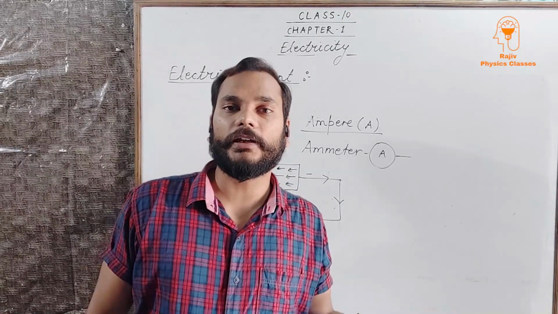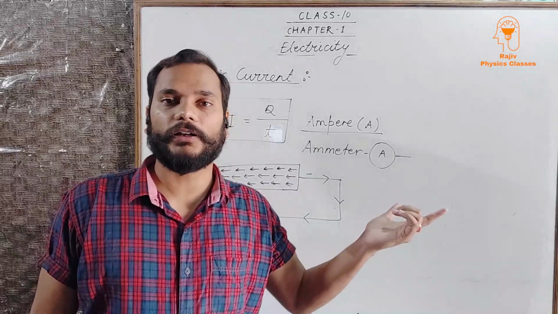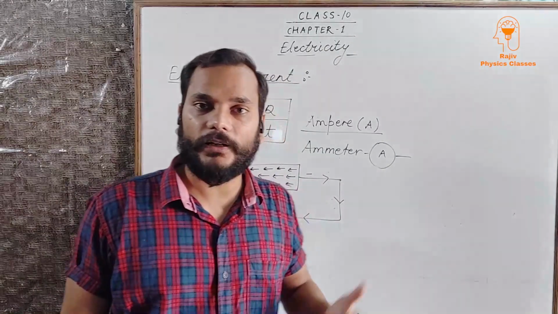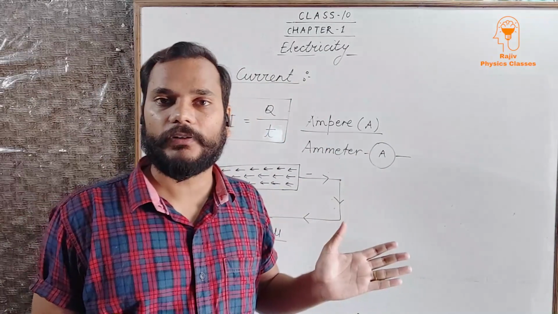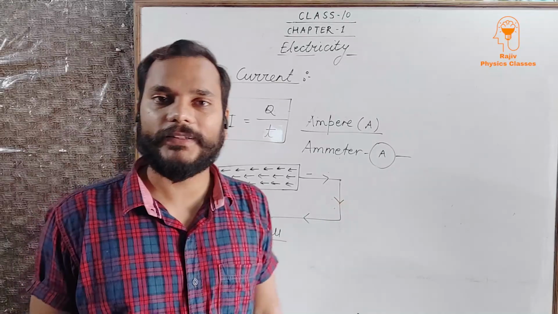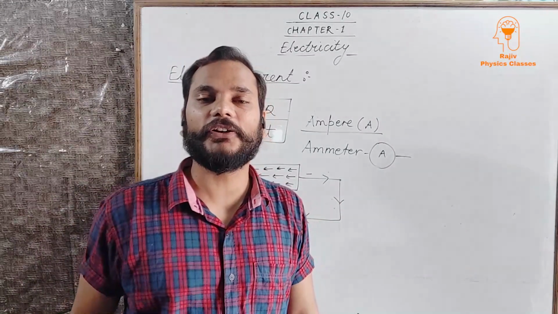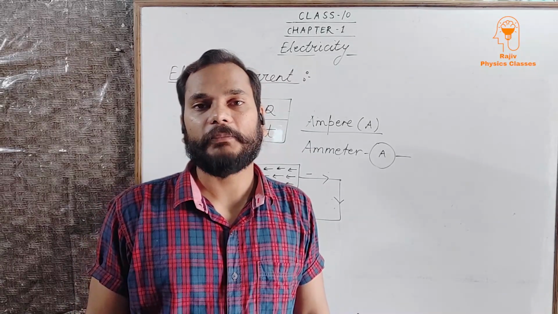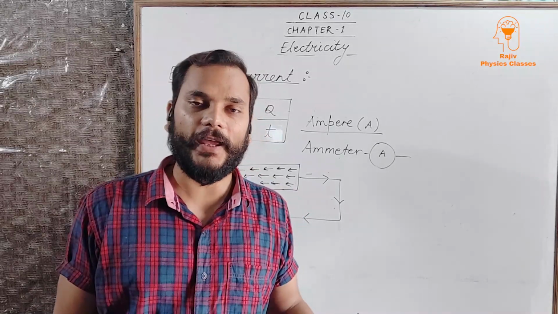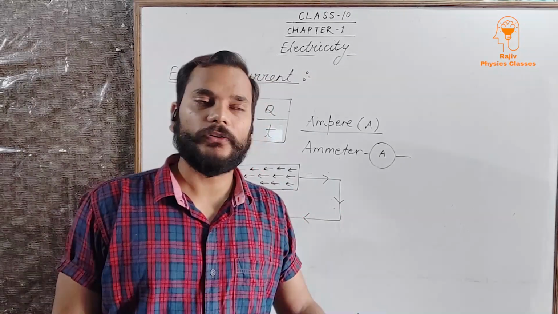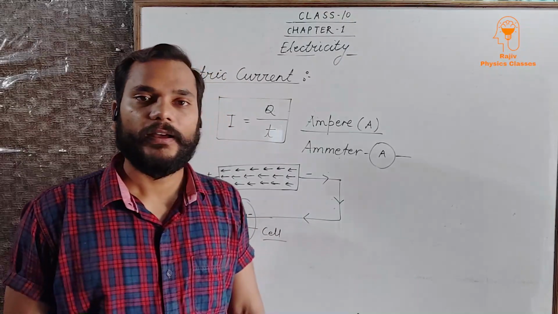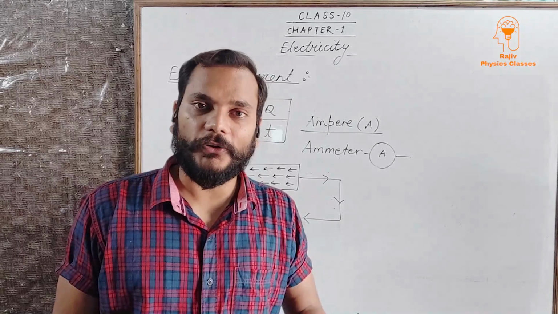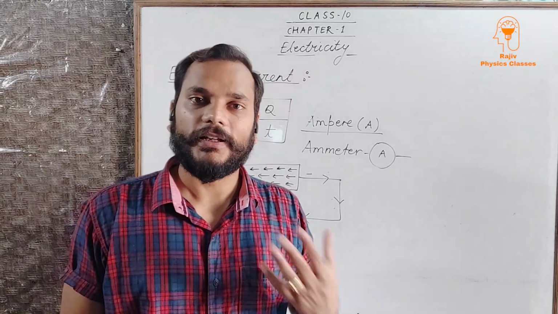Here I have told you the magnitude of electric current is due to the flow of electrons, while the direction of electric current is from positive to negative. I am telling you that the direction of electric current is from positive to negative, and still the electric current is a scalar quantity. So the question I am leaving for you, give your answer in the comment box, and in my next video I will clarify it. I will tell you why, though the direction of electric current is from the positive terminal to the negative terminal, electric current is still a scalar quantity.